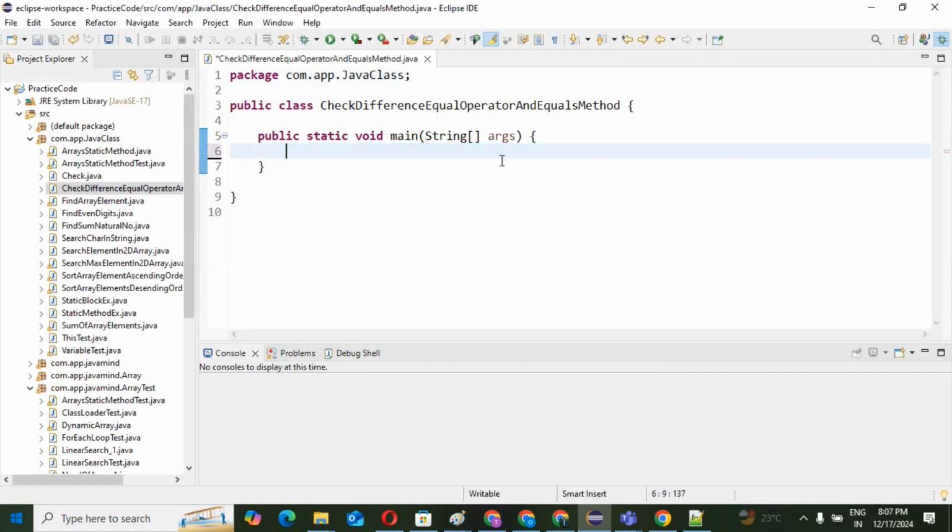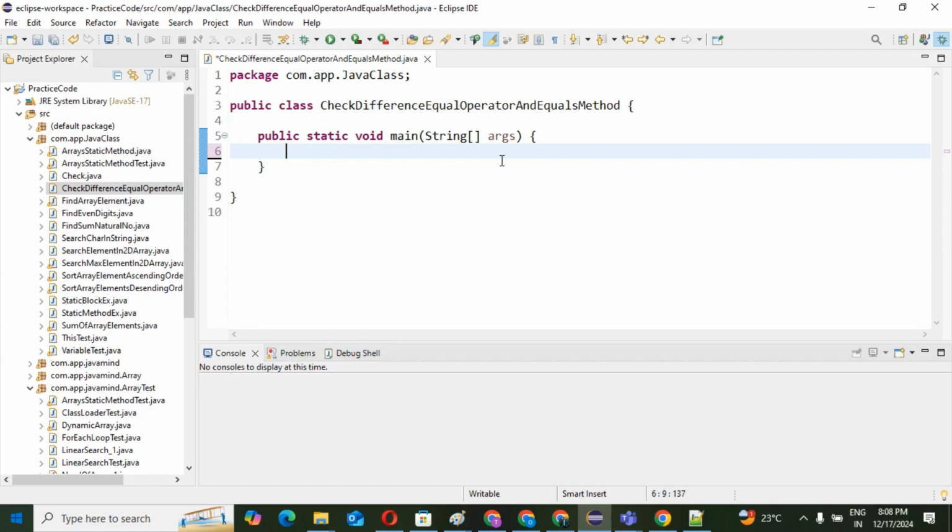I will take a simple example, because most of the guys don't know the exact difference between the equal operator and the equals method. One thing you need to know first: when we compare anything, we should have two objects, because with a single object we can't compare.